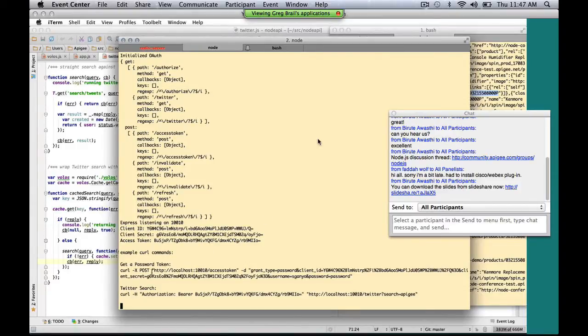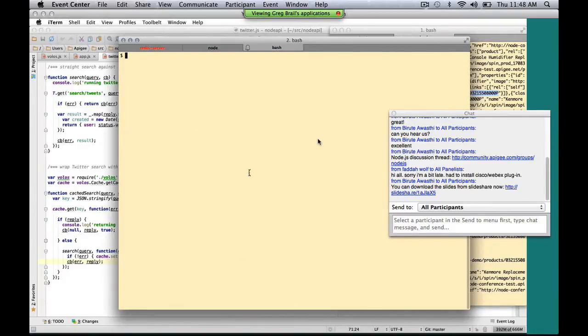What you'll see here is 2 curl commands. One is actually how you would get a password token from the API. I'm accessing the localhost app that I created, and I'm accessing the endpoint access token. And this is just OAuth stuff. So I'm saying the grant type, the client ID, which is right up here, the client secret, which is here, and a username and password. And remember the password check function we checked before. That's what's getting called when you call this. So if I run that curl command,